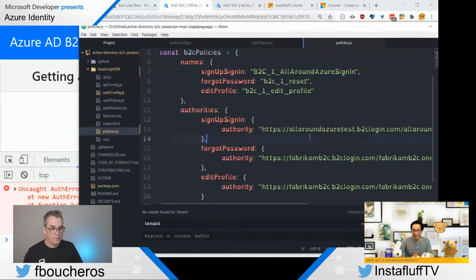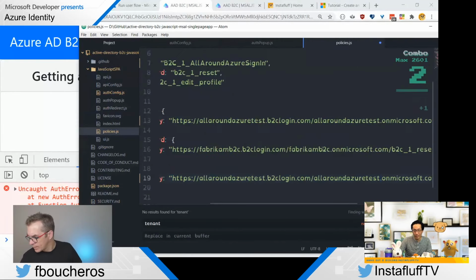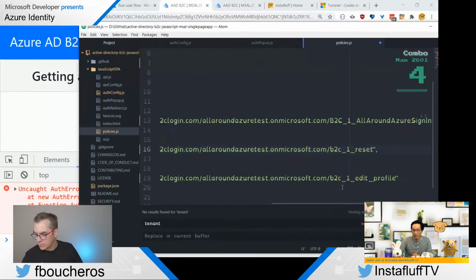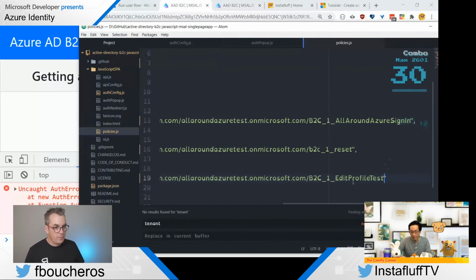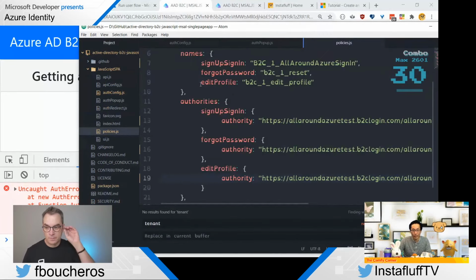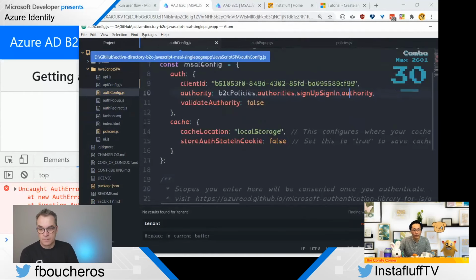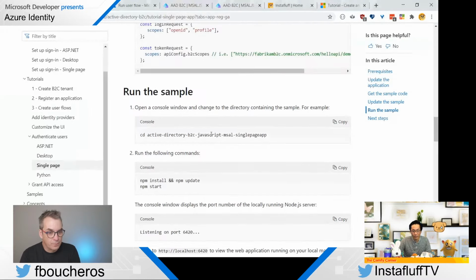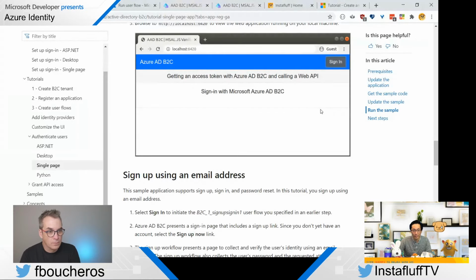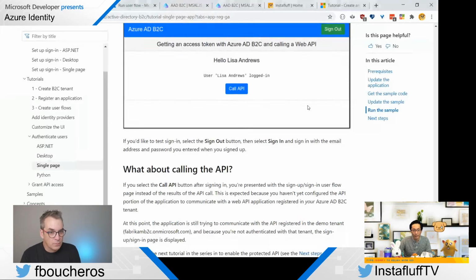So yeah, this is what it needed, and we also had the edit profile one, but I think we called it B2C1 edit profile tests or something like that. And so that should be it. And then everything else, and then we run the sample, and it's supposed to do the sign in and sign up using the address, and then it's supposed to have this.